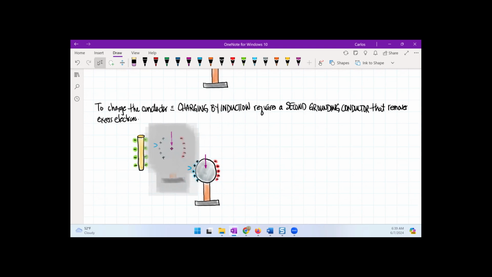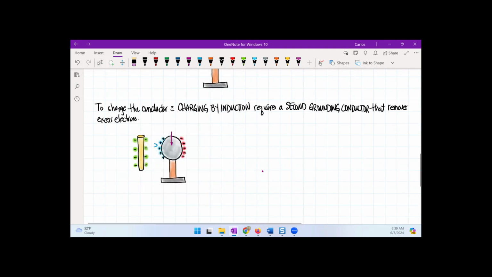So it's important here that the charged rod must be very close to the sphere. Okay, it has to be close to the sphere. Now, what happens here is that if this is really close to the sphere, it causes induced charges, a positive and a negative induced charge. So now we come in with a grounding conductor, and typically when we draw a grounding conductor, it's a sphere